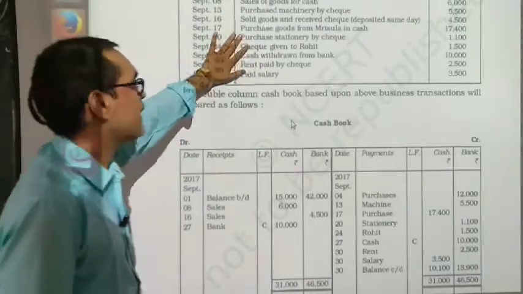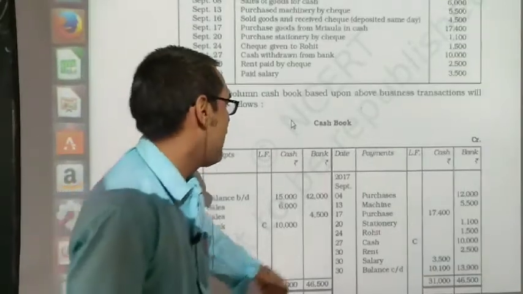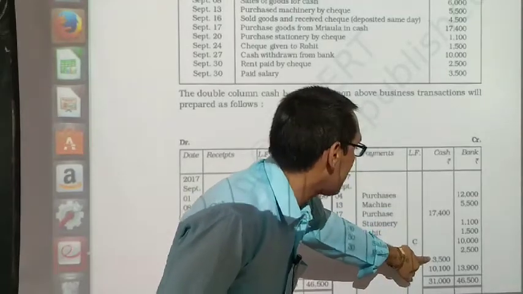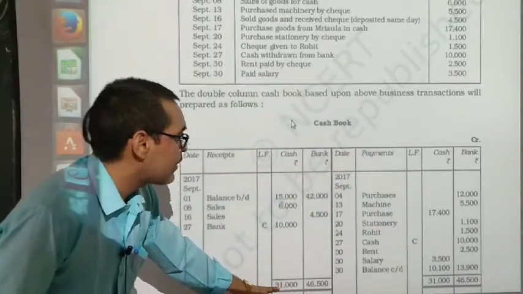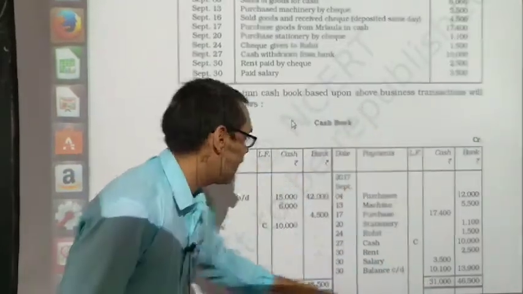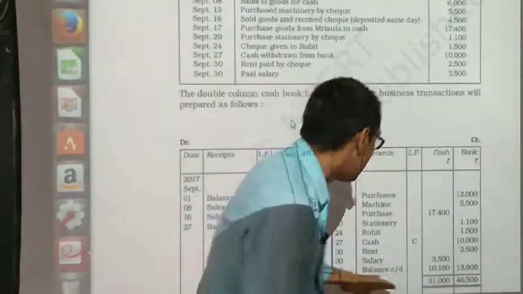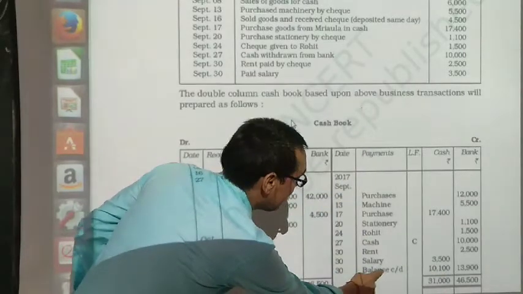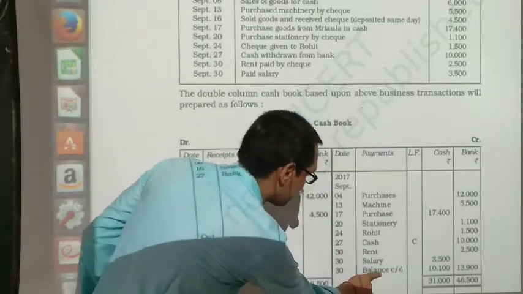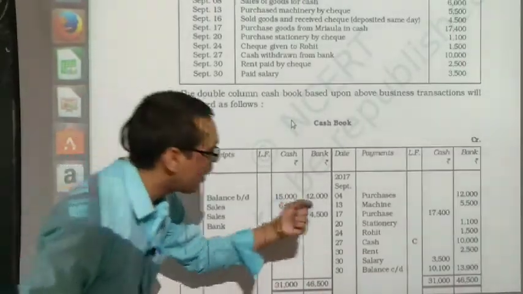After completing all the transactions, we total the cash column. The debit total is 31,000 and the total of the credit side of the cash column is 20,900, and 31,000 is more than 20,900. That's why 31,000 is written on both sides, debit and credit, and the balance is written as by balance c/d 10,100. This is a debit balance, though it is written on the credit side. Sir, why is it a debit balance? Because the total of the debit side is more than the total of the credit side.